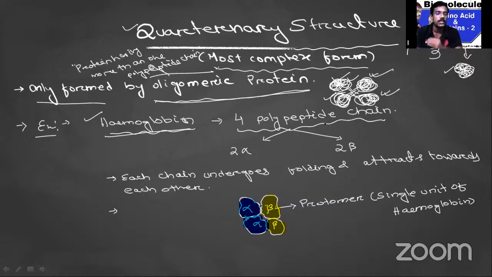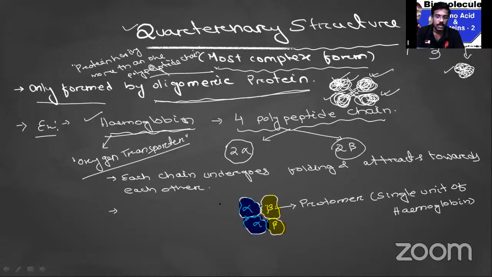Hemoglobin, as you know, is a part of our blood. In the blood there is hemoglobin, and this hemoglobin is the oxygen transporter. It carries oxygen to the different tissues. The hemoglobin has four polypeptide chains: two alpha chains and two beta chains. Suppose this is one alpha, this is another alpha, this is beta, and this is another beta. All these proteins are held together and connected with the iron. Actually, we will discuss that in the next diagram.